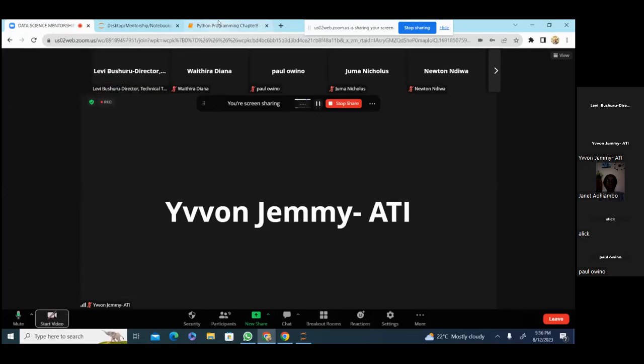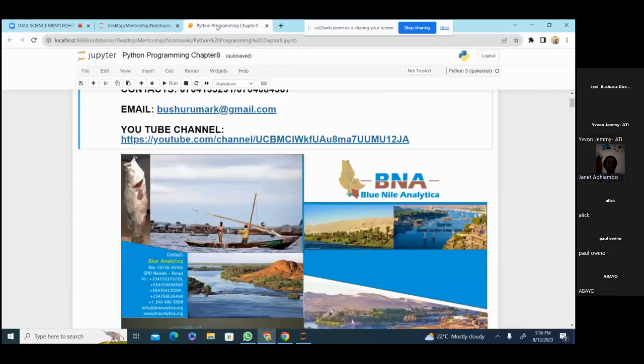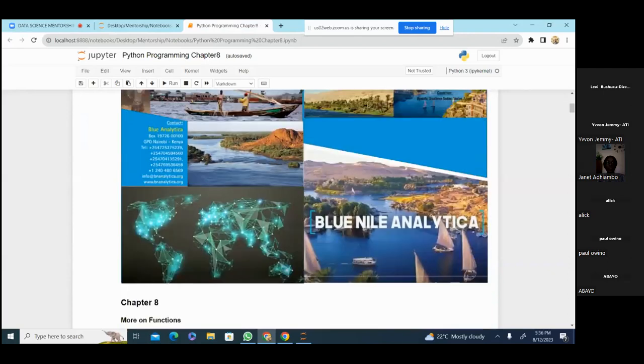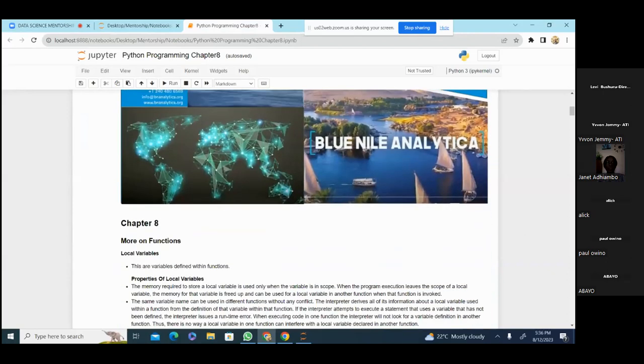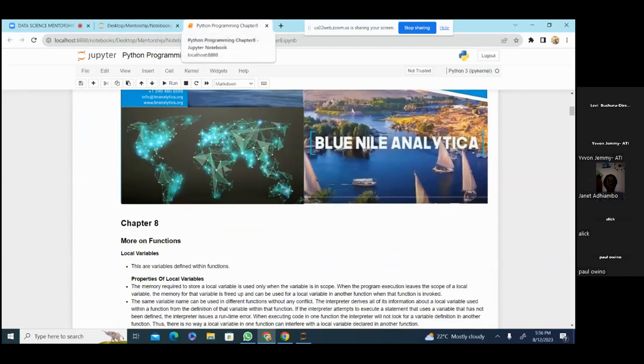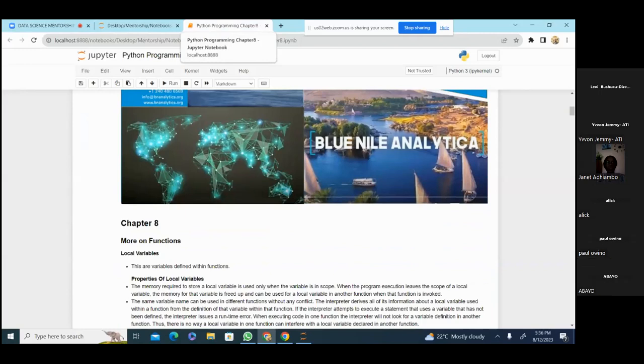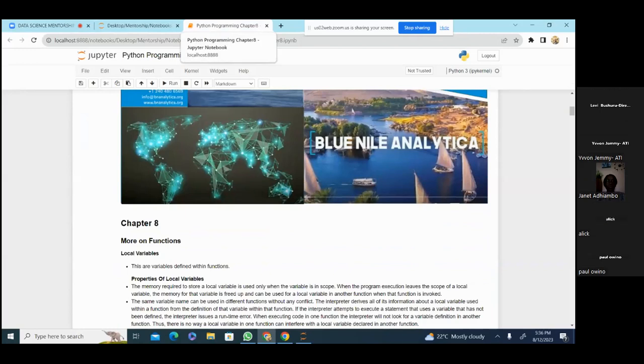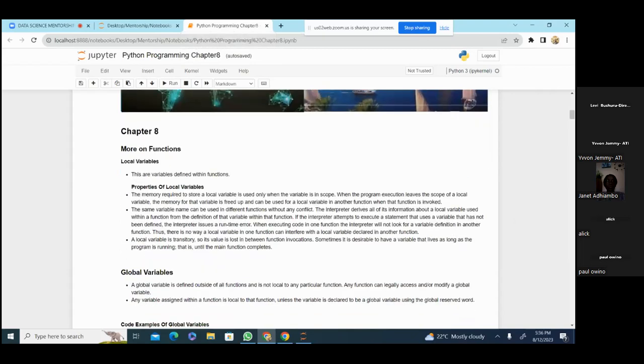What I was telling you is that we are going to start chapter 8 now. In our last chapter, we just learned about function definition. But majorly in chapter 8, we'll learn more on functions. And when we touch more on functions, we'll touch on local variables, what is a local variable, and what is a global variable. This chapter won't be